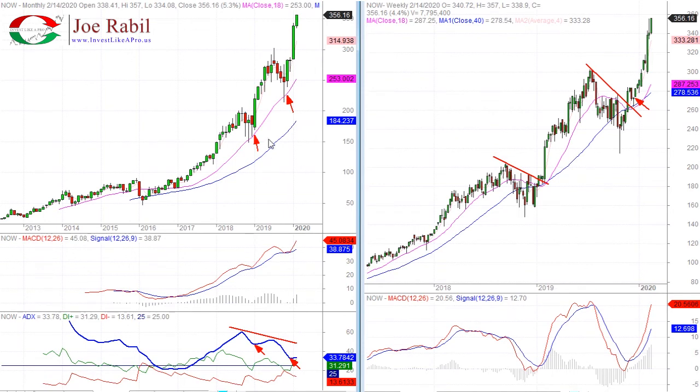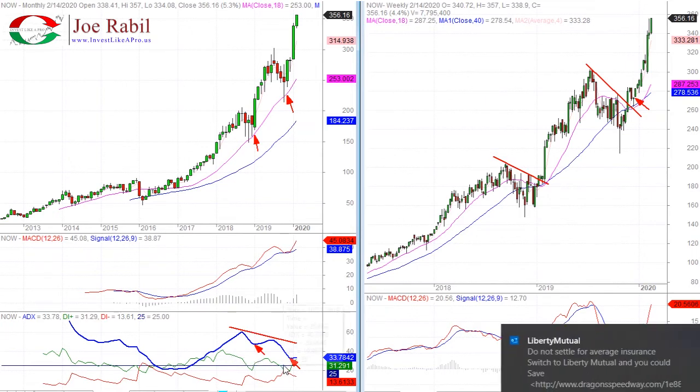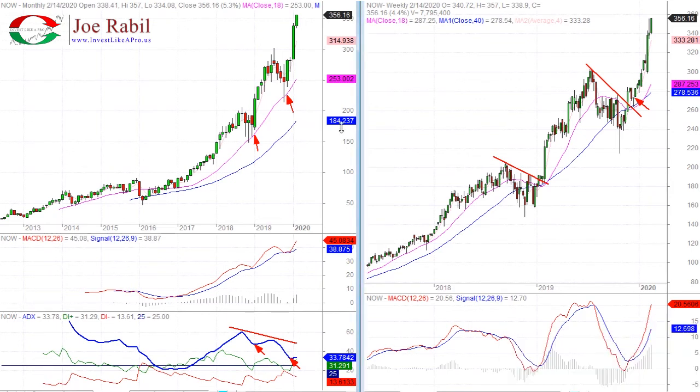If you notice, the MACD line kept on hitting new highs with price, and it still is. Every single time price is hitting a new high, the MACD line is hitting a new high. So I'm not getting the same kind of divergence reading off of the MACD. And this is the reason why I do like to look at both at the same time. But the key thing I'm looking at is if ADX can hold above 25 and it can also hold above the 18-month, I feel like I have a very good chance of looking for a zero line reversal on the lower time frame. And again, I got 2 of them in NOW, this trend line break and this trend line